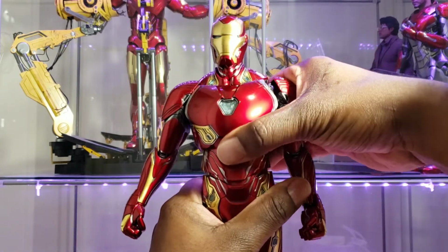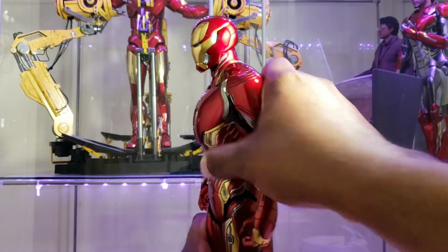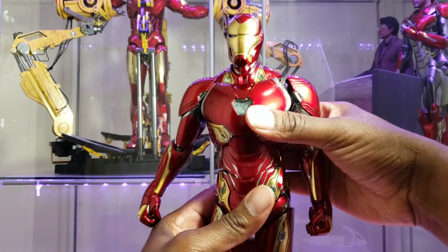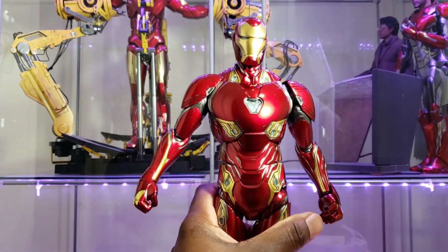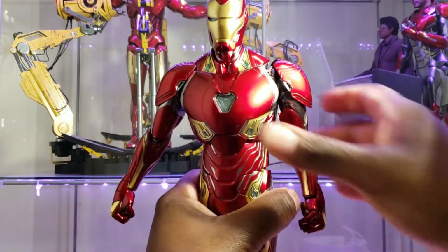Using the bottom torso, you're able to get it to crunch back about that much. Forward, really none at all. And you get a decent amount of rotation as well as pivot. So with the majority of Hot Toys diecast figures, you are able to get additional